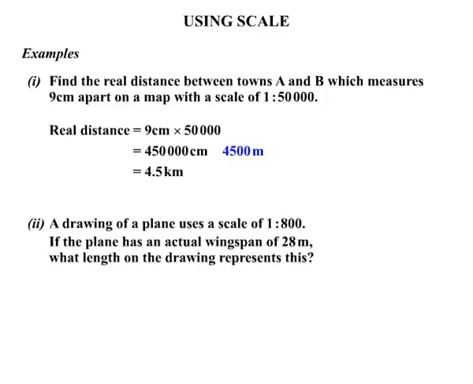Our second question, a drawing of a plane uses a scale of 1 to 800. If the plane has an actual wingspan of 28 metres, what length on the drawing represents this? Well, this time it's the reverse. We want the drawing length. We're given the real length, which is 28 metres. The factor is 800, but because we're changing from the real length to the drawing length, we're going to divide by 800 in this case. And if we calculate that, we get